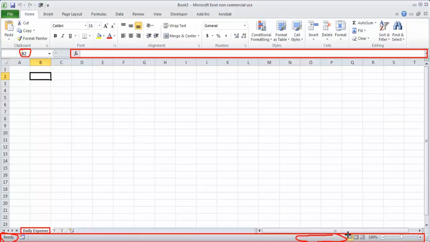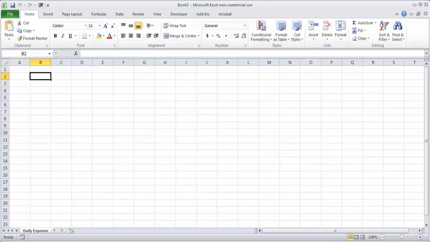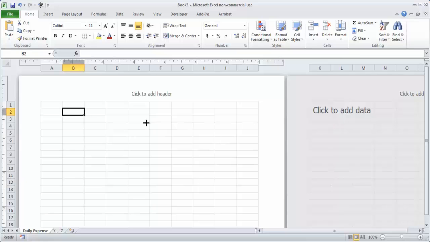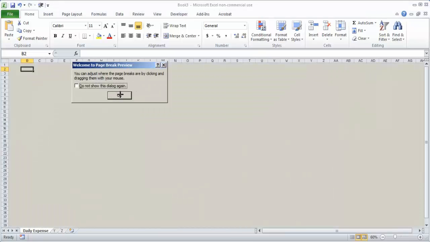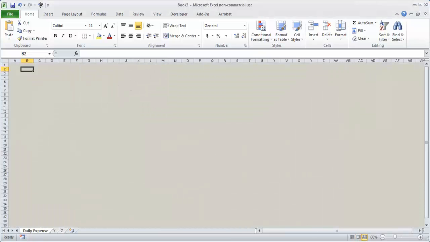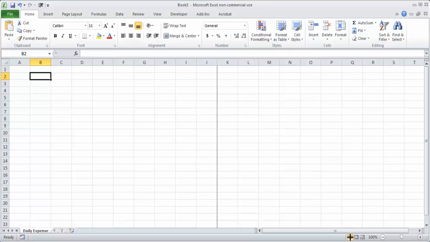This is your layout, the way it is presented. I can change the layout. Here, if you see, it's a page layout. This is your normal layout, and this is your page break view. We will mostly work with the normal layout.